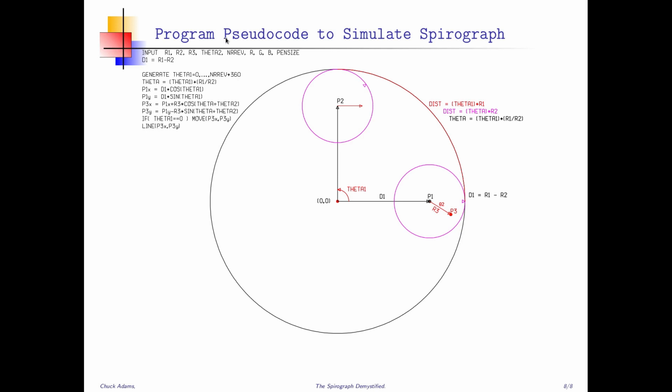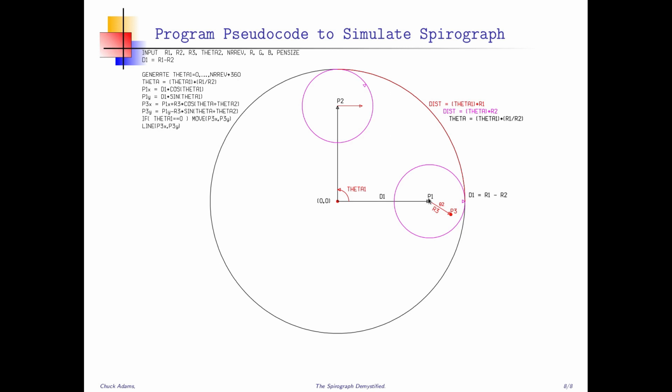Program goes and calculates D1 equal to R1 minus R2, using my secret formula here. Then what I'm going to do is take theta 1 and start it at 0, and as